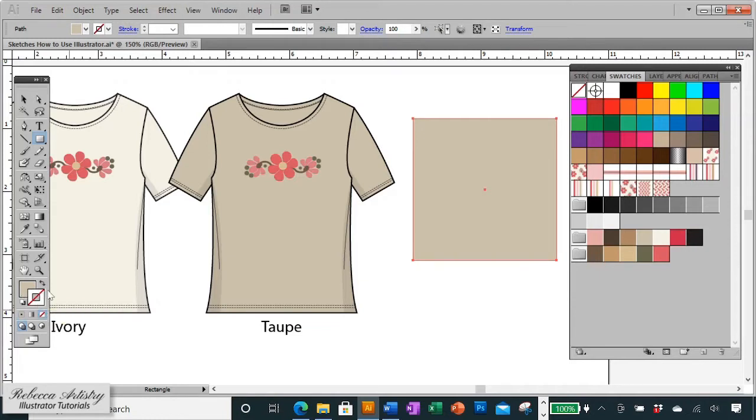And when you see this red line going through the stroke or the fill, it means that it's empty, or there's no stroke or no fill. So in this case, we have no stroke, meaning there's no outline on this rectangle. So we're just going to click on the black color to make a black outline. And as I also showed you before,